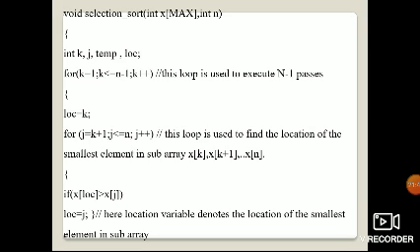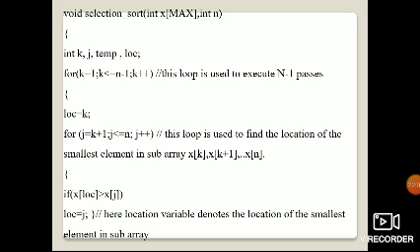And here we have to find the smallest location, the smallest element. For j is equal to k plus 1, j is less than or equal to n, this loop is used to find the location of the smallest element.